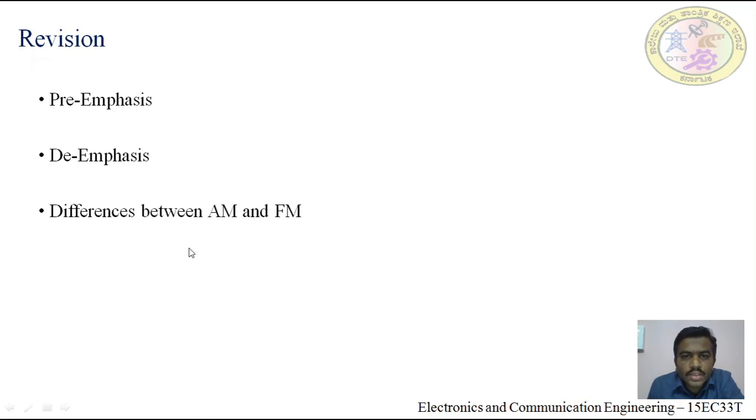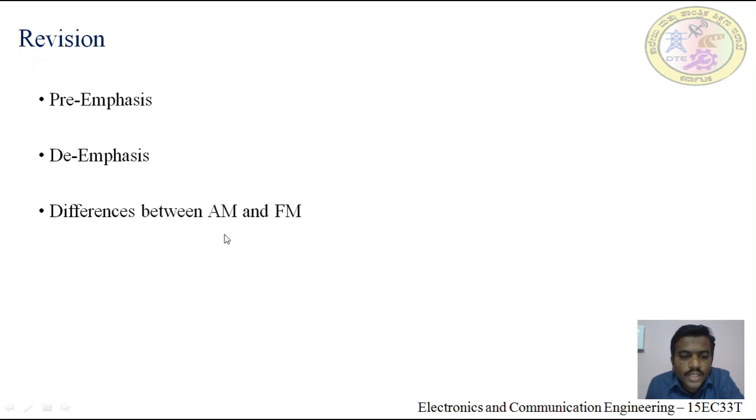Amplitude modulation involves changing the amplitude of the high frequency carrier signal in accordance with the instantaneous values of the modulating signal. Frequency modulation involves changing the frequency of the high frequency carrier in accordance with the instantaneous values of the modulating signal. AM wave consists of only three frequencies, that is carrier frequency and two sidebands. The frequency modulated signal consists of the carrier signal and an infinite number of sidebands.